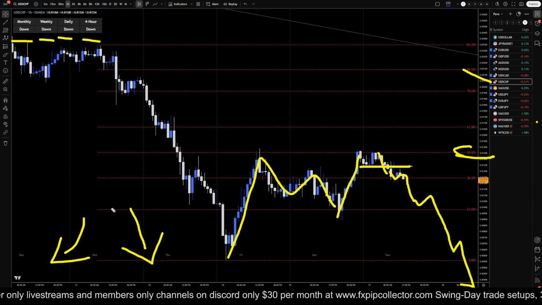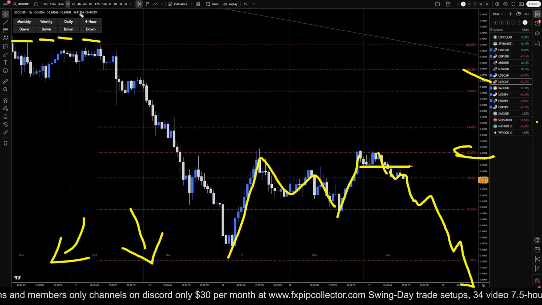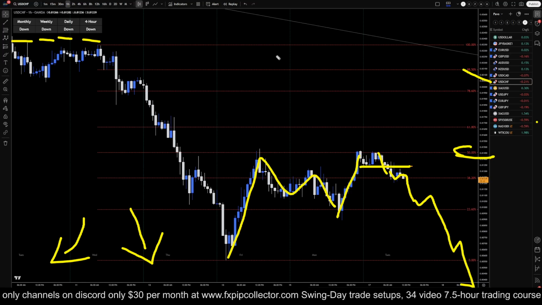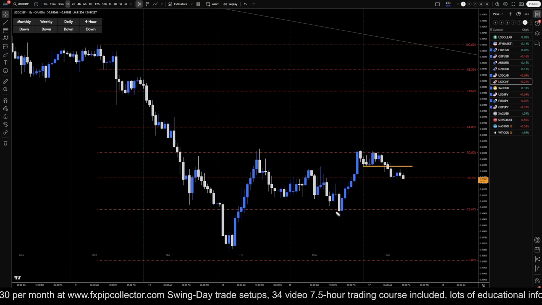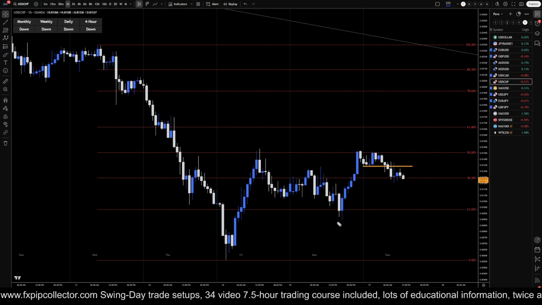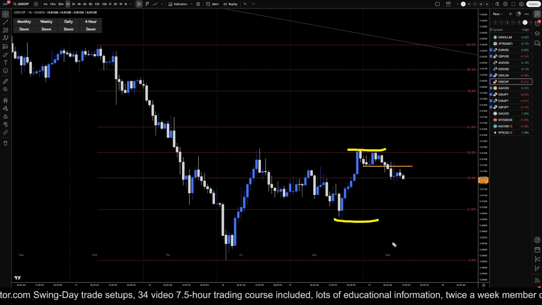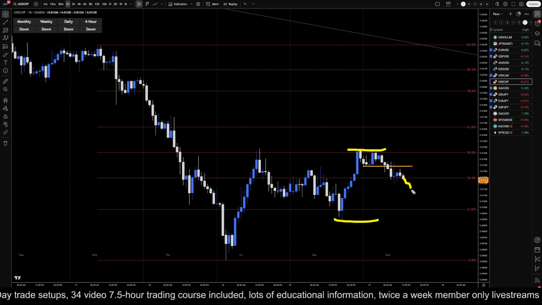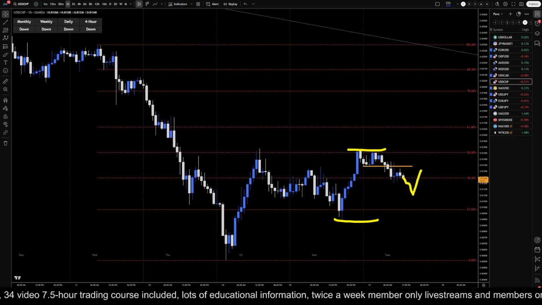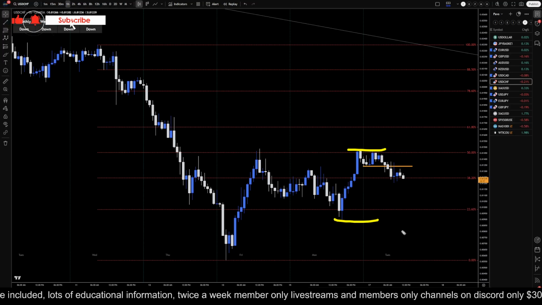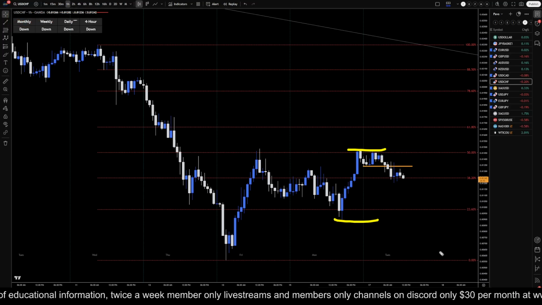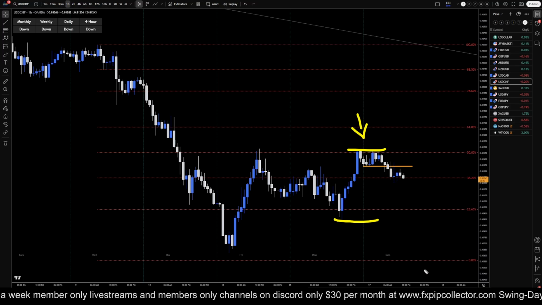I mean, this thing could easily just keep on going down. Unless it breaks to the upside on a higher time frame, I am definitely still recommending shorts in a downtrend. Now, if you trade lower than the 1 hour, you could put your Fibonacci retracement from here to here and then just observe price to see if it does bounce from a fib level, kicking us back to the upside. But for me personally, as a trend trader, I am definitely ignoring anything I see to the downside as a possible long, but instead I'm just trying to get short at the end of every single pullback I see, potentially for the continuation of the